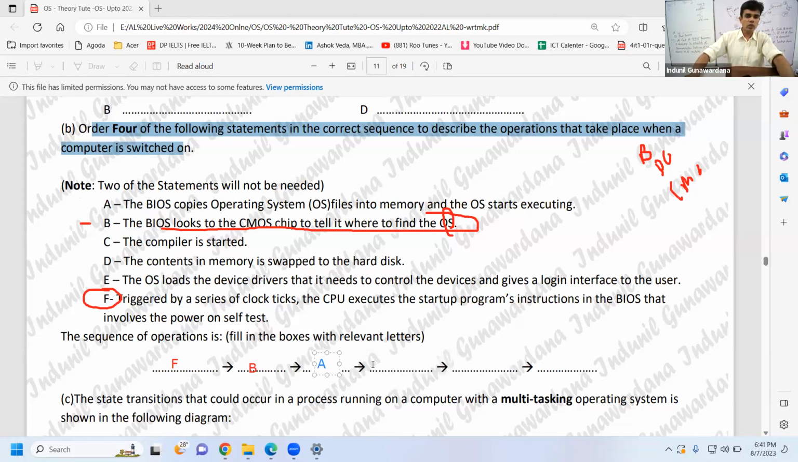Right. After the OS is started, what's next to do? The contents in the memory are swapped back to the hard disk. That's a later work. The OS loads the device drivers needed to control the devices and gives the login interface to the user. Isn't that the next thing? So the login interface has to be given to the user to log on. Then only the users can work on it. After that,